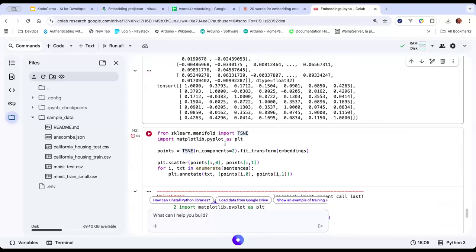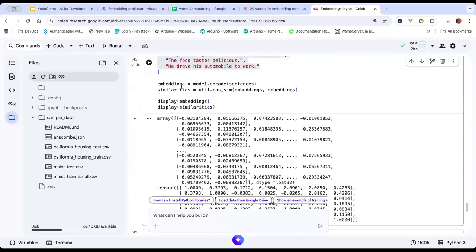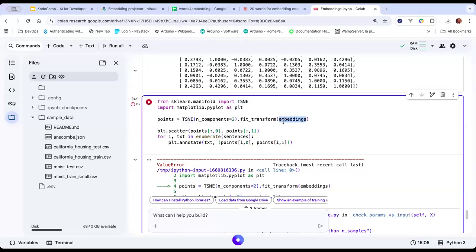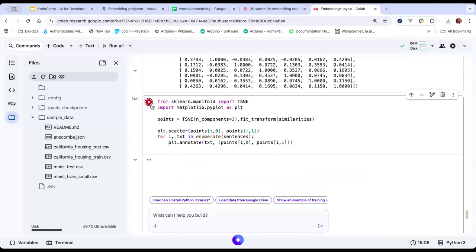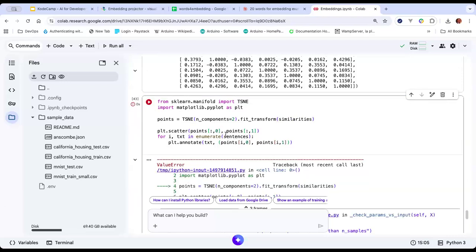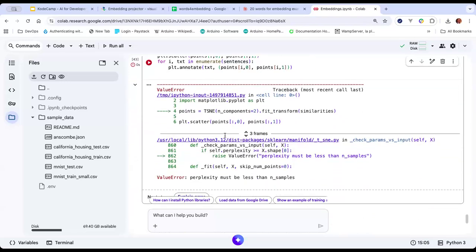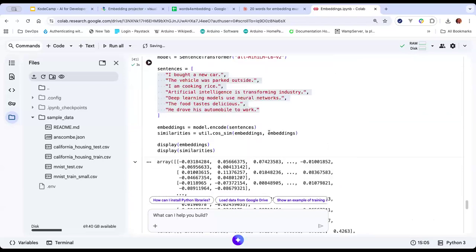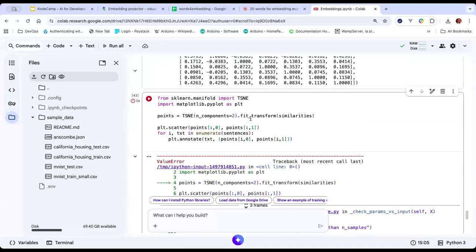Okay. So let me use these similarities then. So things, which will give me complexity must be less than number of samples. Let's see, shape, what's the shape of